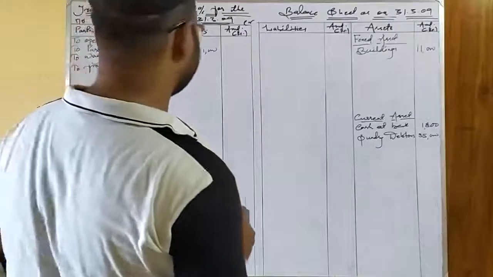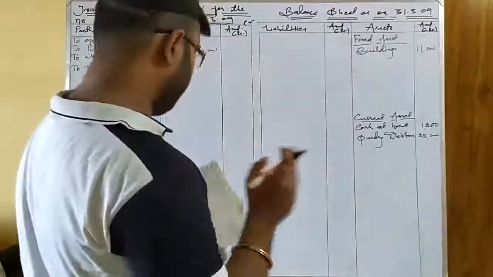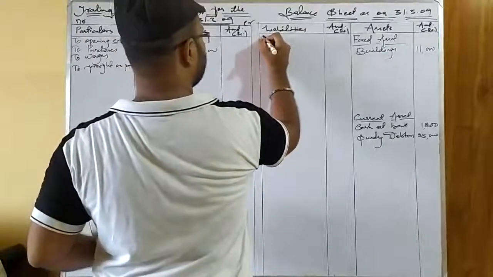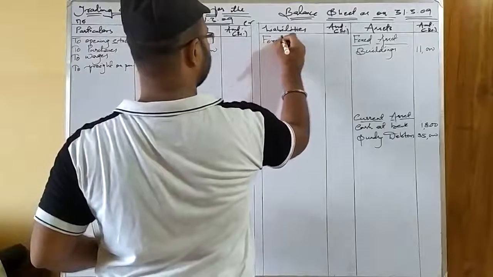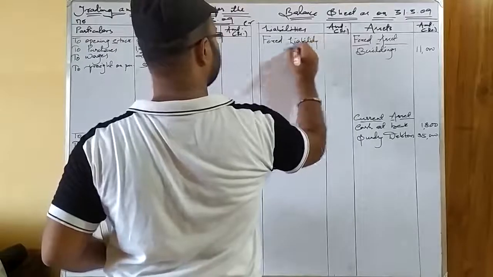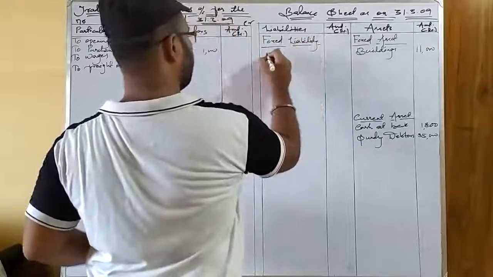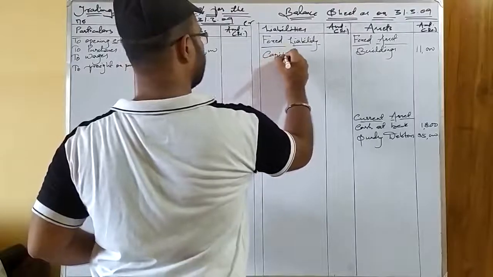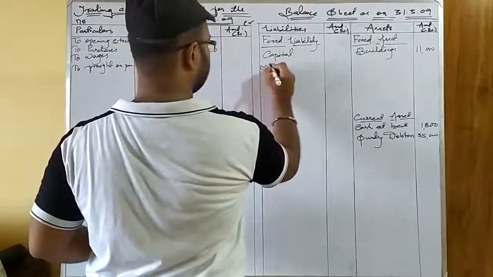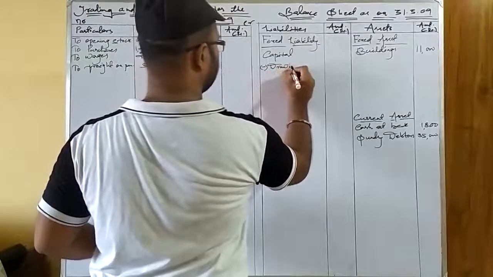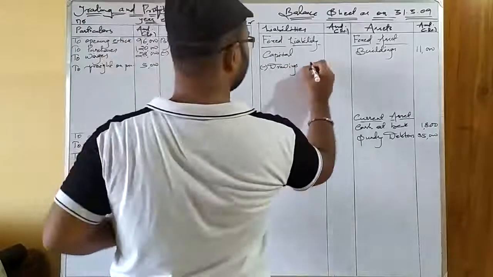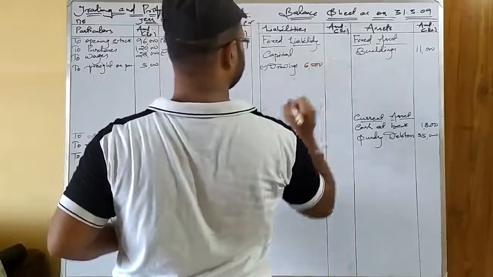The next item is drawings. So drawings are always derived from capital. So we haven't come across capital now. So just we will write here. So capital comes under the category fixed liability, which we made a mistake in our last video. We haven't categorized. So now we will do that. Fixed liability. Under fixed liability, capital is the first item. When we come across this item, we will post in the column. Now we will write just drawings. Okay, so the value of drawings given is 6,500.